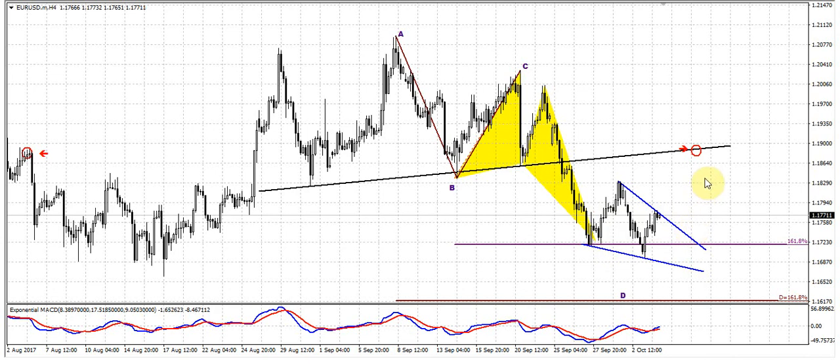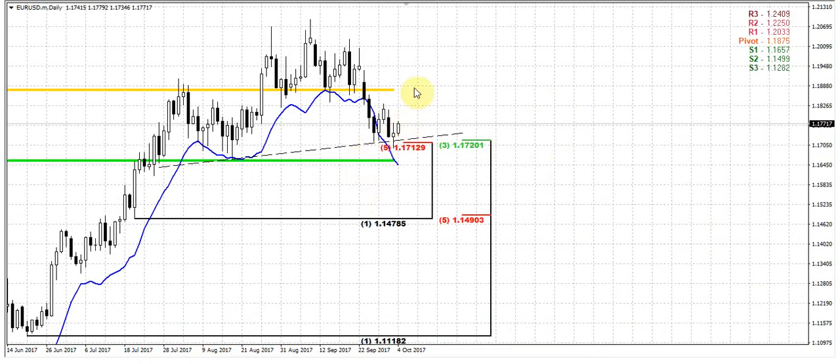So let's keep watching. But in general, it seems that by the end of the week we should get some kind of upward action here. Then the market will start preparation for another leg down next week. So we should get some kind of A, B, C top pattern, with D having a target somewhere around 1.15 within a couple of weeks, I suppose.